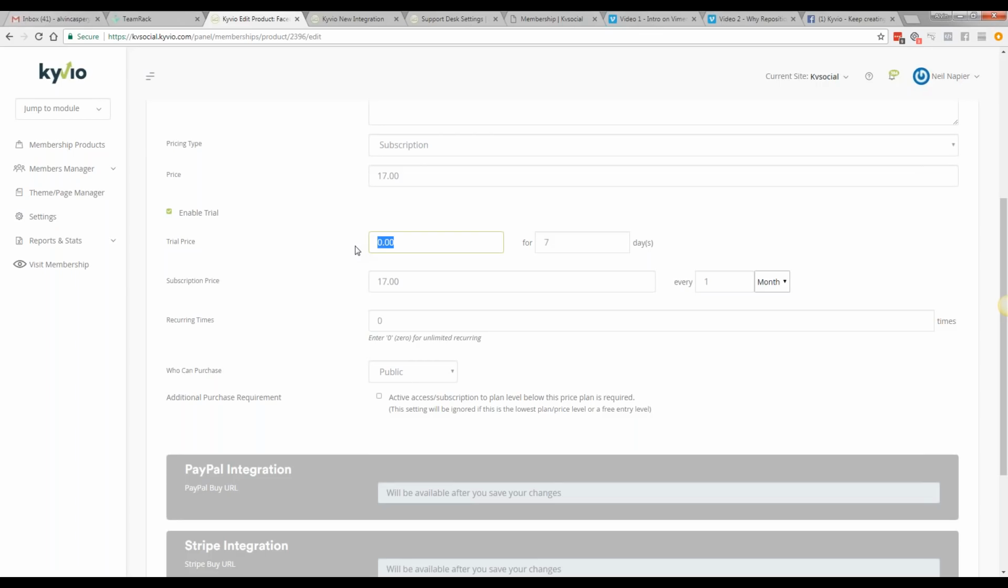They're just not sure yet. It's a good way for you to filter out the buyers from just the freebie mongering people, right? So it's a good way for you to do that. So if a trial here,